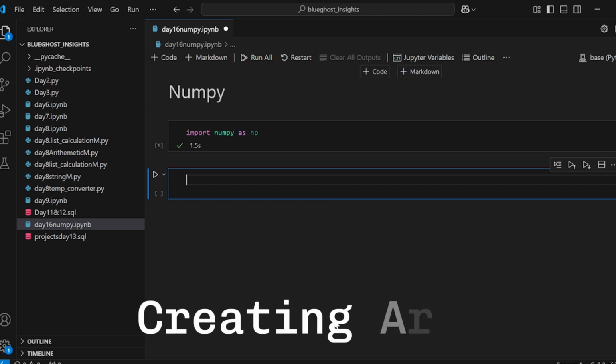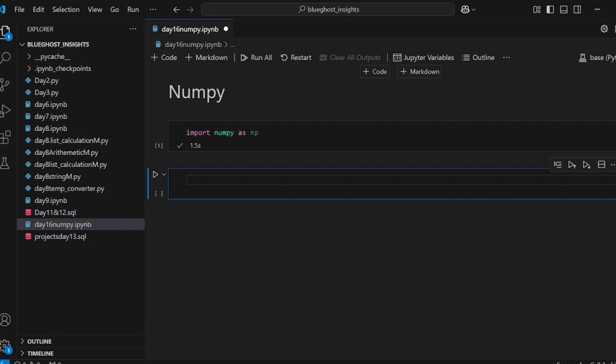Okay, so the first thing is creating an array in NumPy. So if I come here now, I want to see how NumPy data is arranged. They are arranged in arrays, and arrays are homogeneous numbers. That means they must be of the same length and of the same type. Do you follow what I'm saying? So whenever you're bringing them in, they must be of the same length and the same kind of numbers must be inside of them. So let's create our first array.